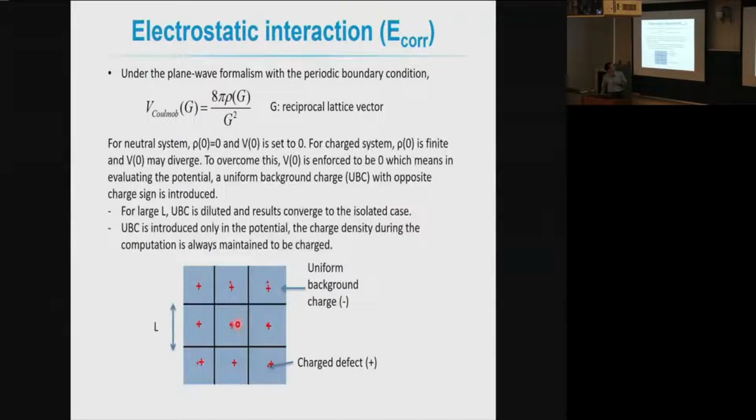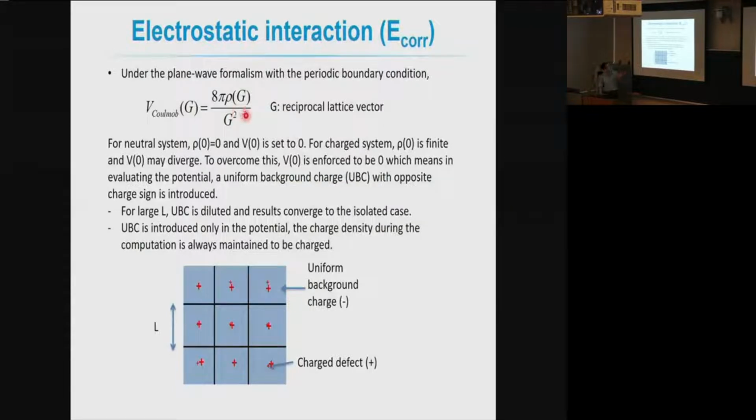Okay, so in the plane wave formalism, with the periodic boundary condition, you can calculate this Coulomb potential very conveniently by making use of the Fourier transform, rather than real space. So in Fourier space, when G is the reciprocal lattice vector, the Fourier component of the Coulomb interaction is given by 8 pi times the corresponding component of the charge density divided by G squared. Okay, so